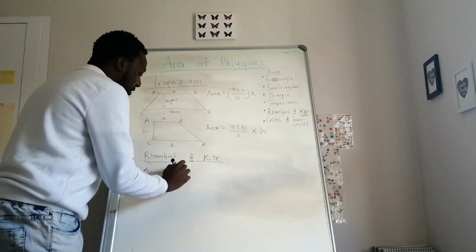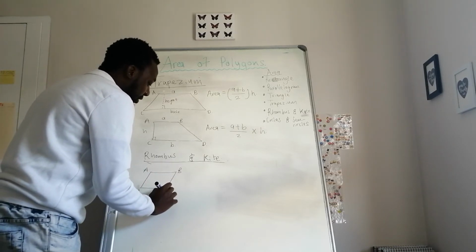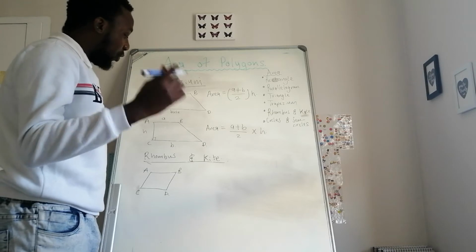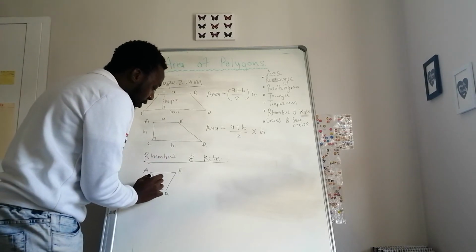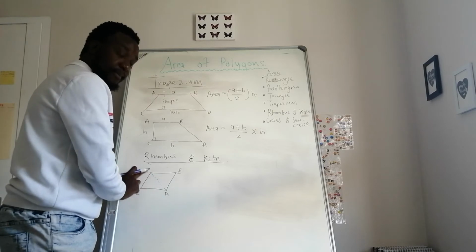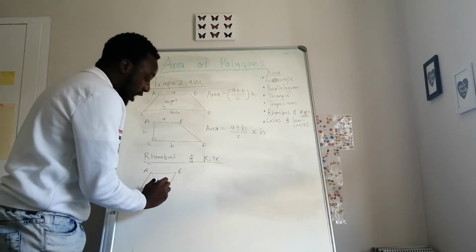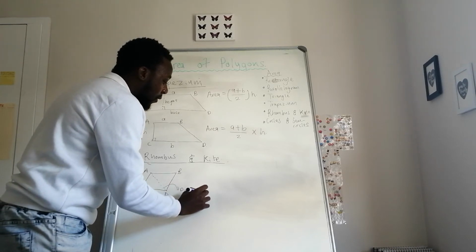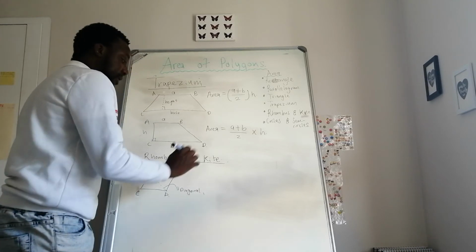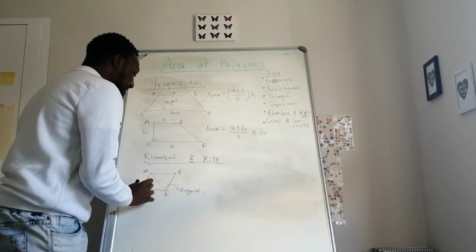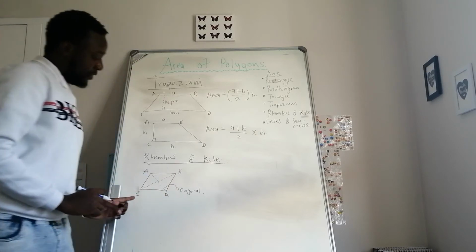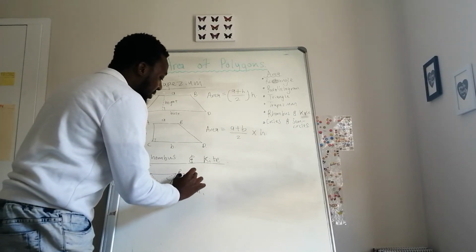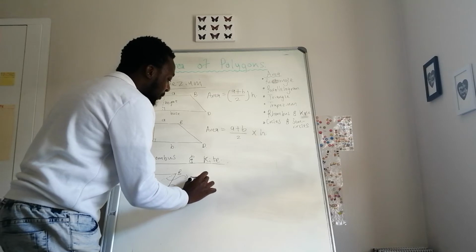So if I label that A, B, C, and D, what we are concerned with when we're calculating area is the distance from A to D. I'll call that diagonal 1. And we're interested in the distance from C to B, this distance here from C to B, right? And I call that distance diagonal 2,